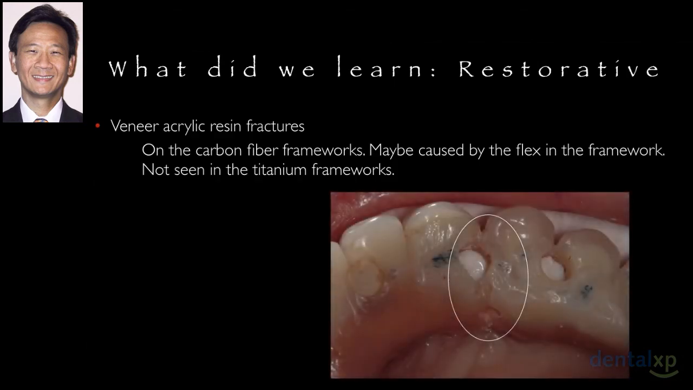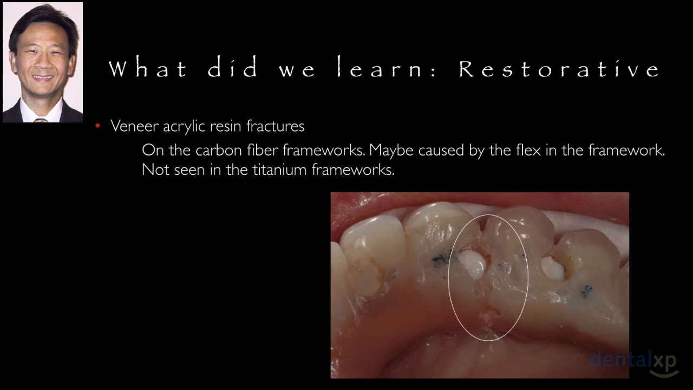What did we learn restoratively? Well, in many of our patients, we had placed immediate restorations for an immediate load procedure. Initially, these prostheses were fabricated in Europe by Nobel Biocare, and they were made out of carbon fiber. And we had many cracks. The problem with carbon fiber is that it is very strong. It doesn't break. In fact, we did not have one carbon fiber framework break, but